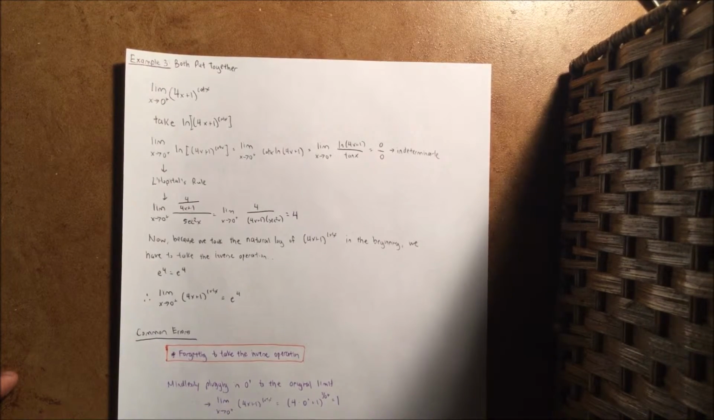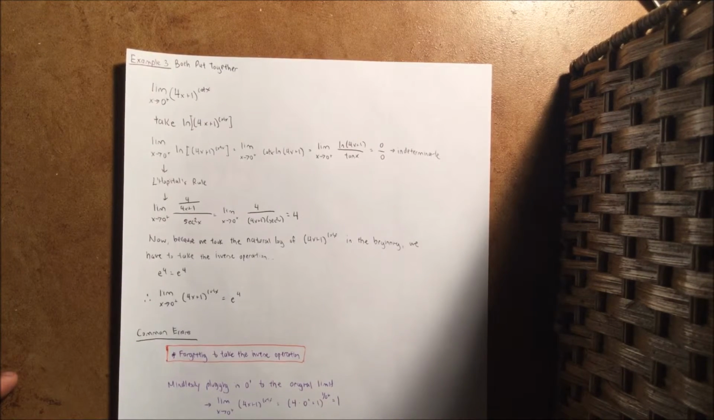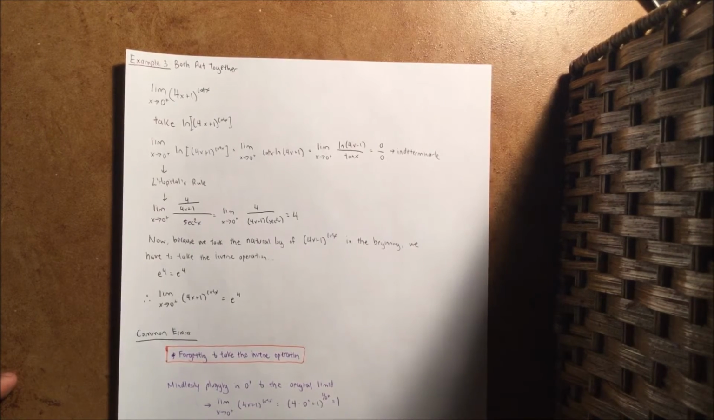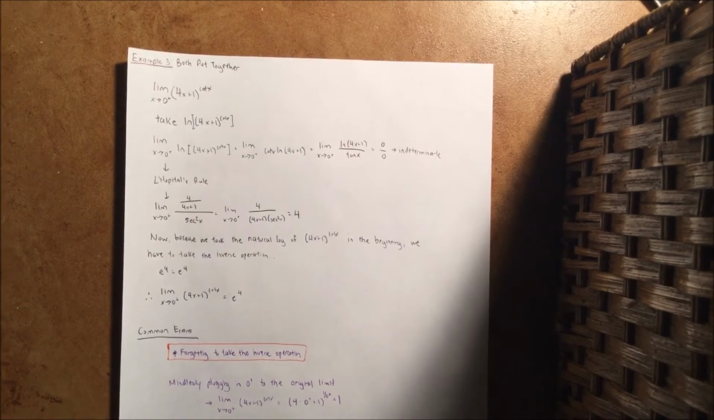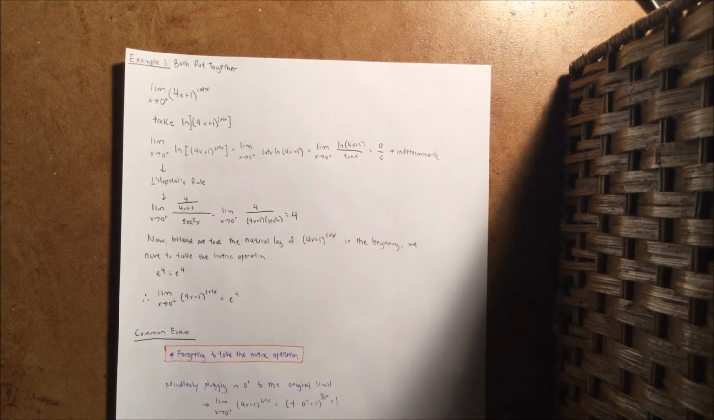Our final example is essentially both of the previous methods put together into a singular problem. Take the limit as x approaches 0 from the right of 4x plus 1, all to the power of cotangent of x. So, similar to example 1, we take the natural log of 4x plus 1 to the cotangent of x, which in turn yields the limit as x approaches 0 from the right of the natural log of 4x plus 1 to the power of cotangent x, which can be simplified by log rules to the limit as x approaches 0 from the right of cotangent x times ln of 4x plus 1,